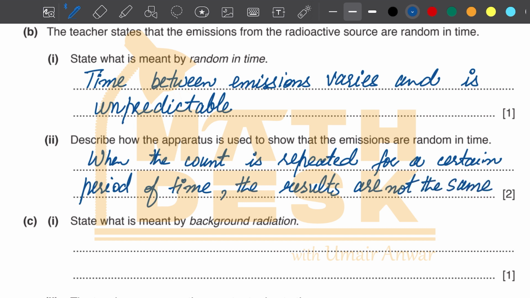For example, we consider an interval of 10 minutes, and when we observe repeatedly the radioactive substance behavior